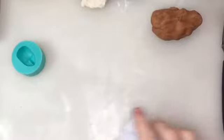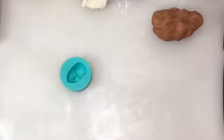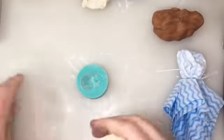So what I'll start with is the face mold. Doesn't really matter which face mold you use. I use a number of them. But just find one that you like. There's lots of different options out there. Oh, I've got colouring on my hands now. The way to use one of these silicone face molds is just to dust it, tap out the excess, get a ball about the size of the head that you want,